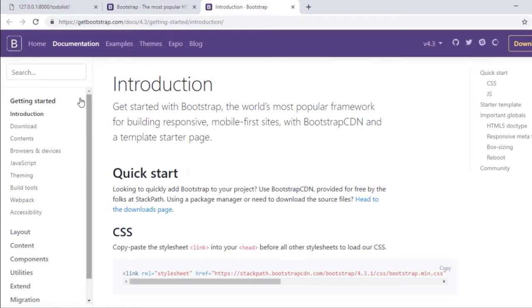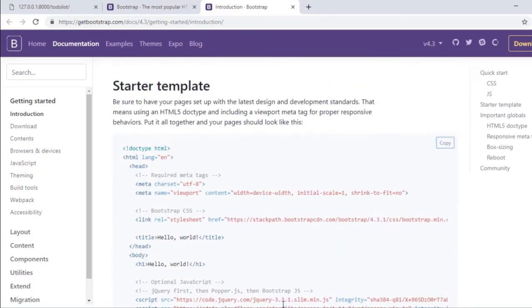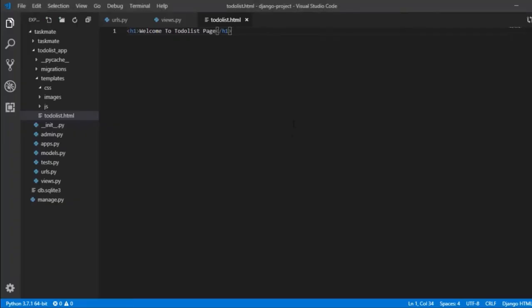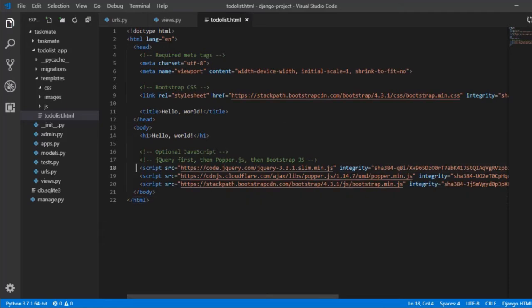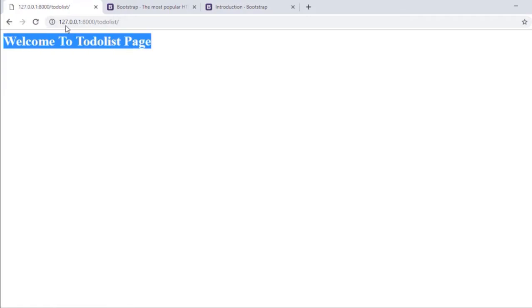The second thing is just click on the documentation and you will be redirected towards the introduction. I would say just go through this introduction. It is quite easy and you will understand a lot of things. For now, just copy this starter template and paste it on our page. Now the starter template contains some JavaScript as well as CSS, and it also contains our body section as well as our title. So currently this is our body section, this is our title, and we are doing nothing good.